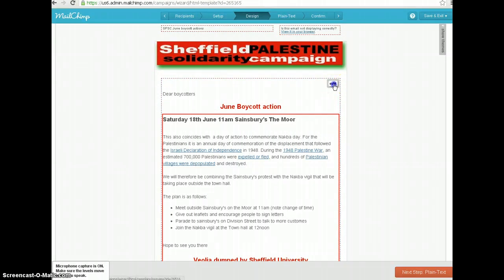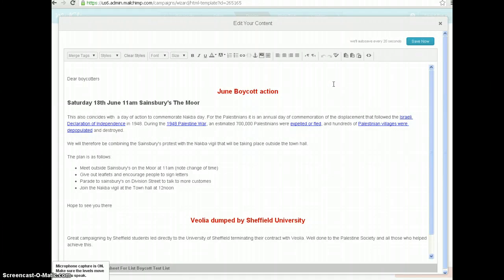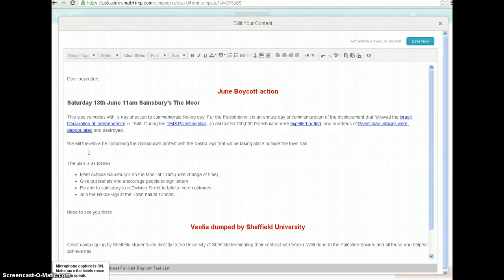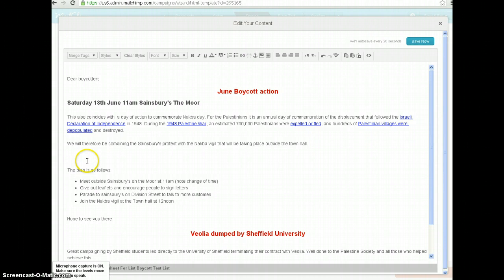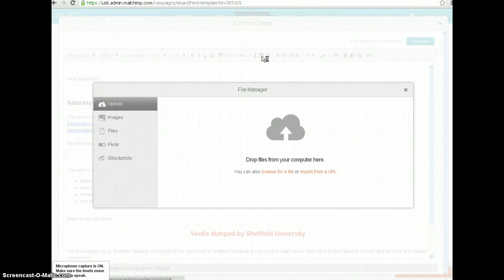So if I hit edit there, like I have before, we come to the MailChimp editor, and I'm going to put in a picture of a previous boycott. I'm going to click where I think the picture should go, do a bit of messing around with the return key, and I've got to go to File Manager here. It's the one with the little pictures on. And there's two ways that I'm going to cover